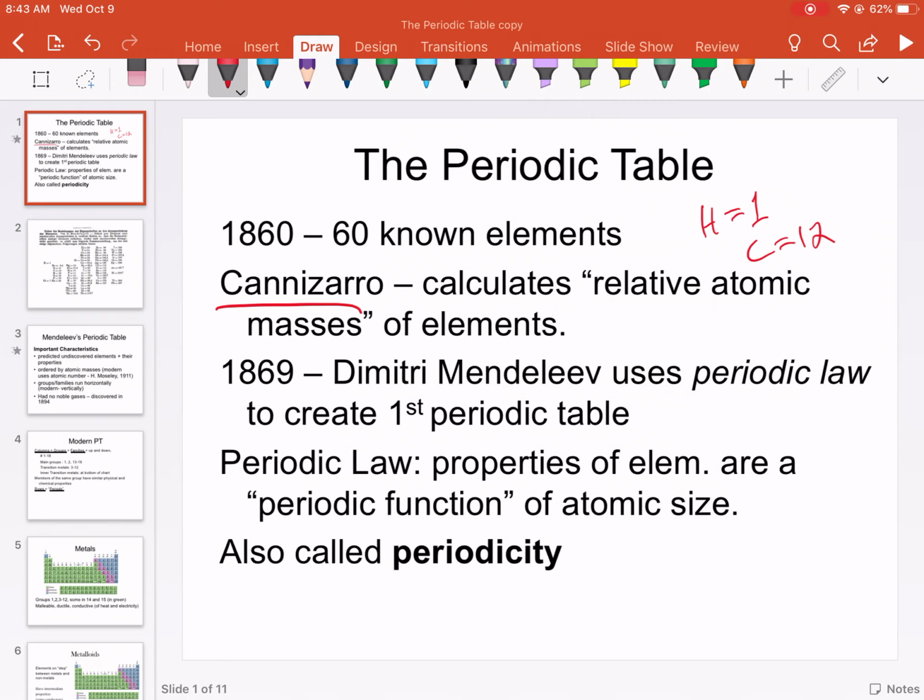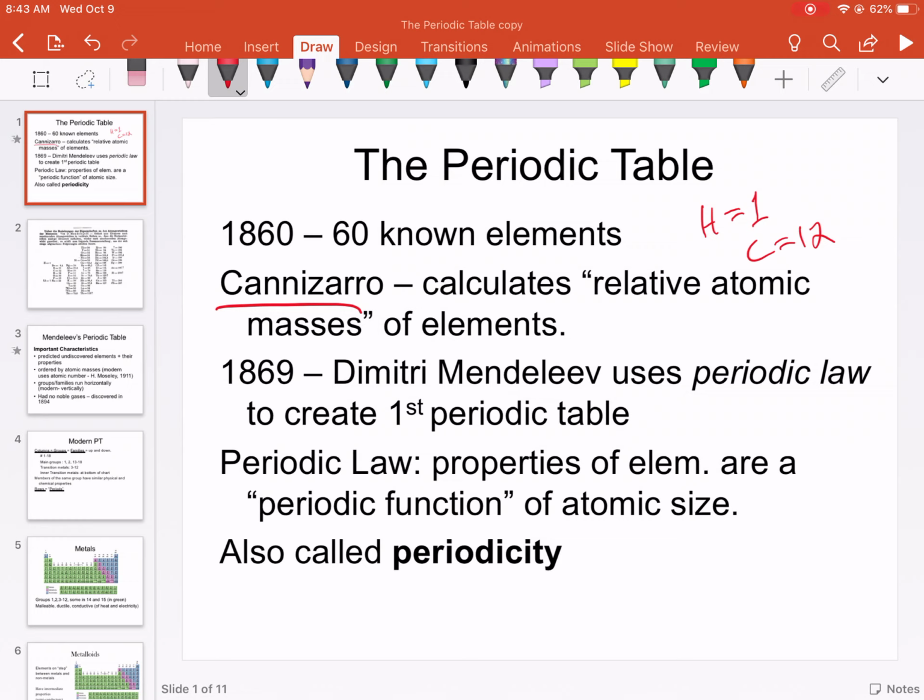So very simple but very important designation because that allowed him to put all of the elements in order from smallest to largest. And then once they were in order, in 1869, Dmitri Mendeleev comes along and uses something called the periodic law to create the first periodic table. He was writing a chemistry textbook and had a couple days before his deadline and wanted to come up with a good system for organizing the elements, and he basically decided that if you put the elements in order